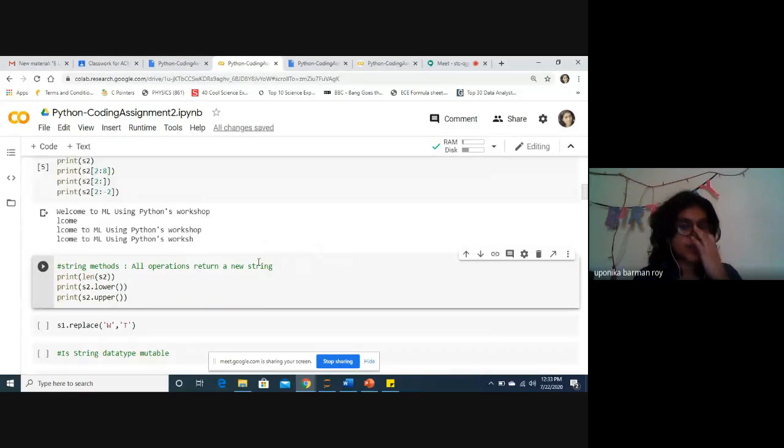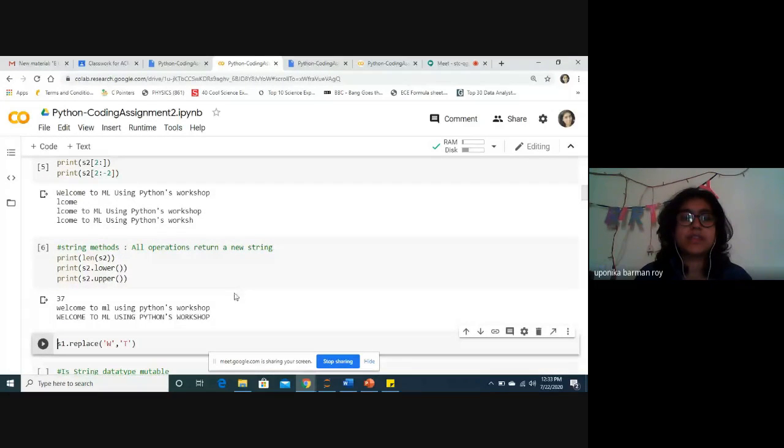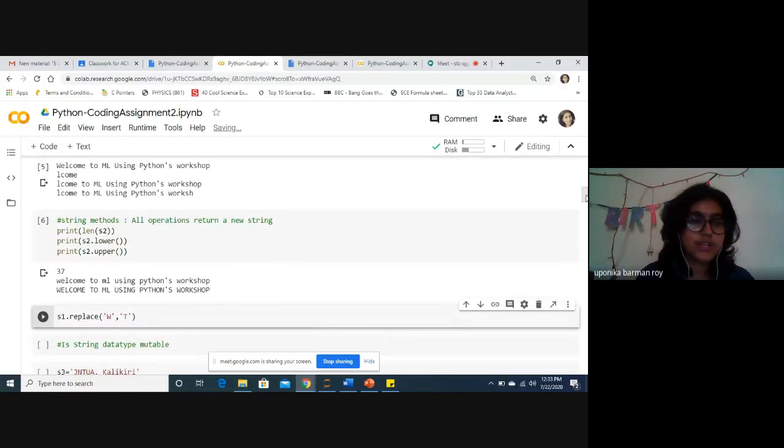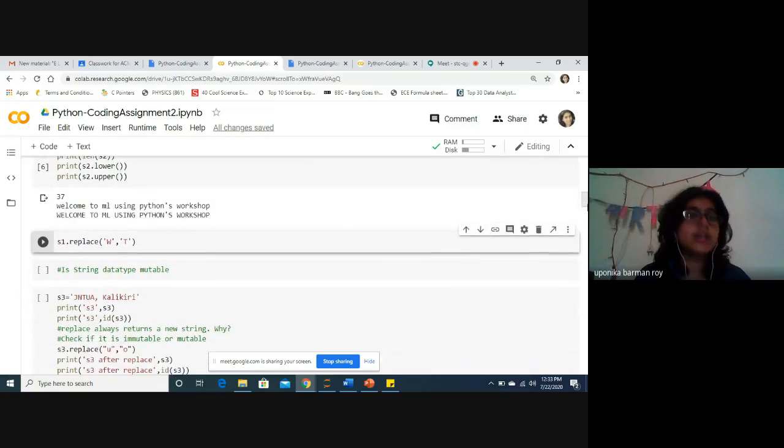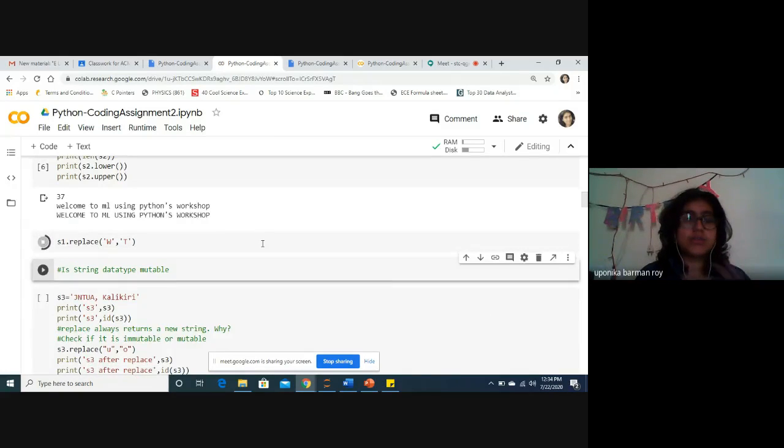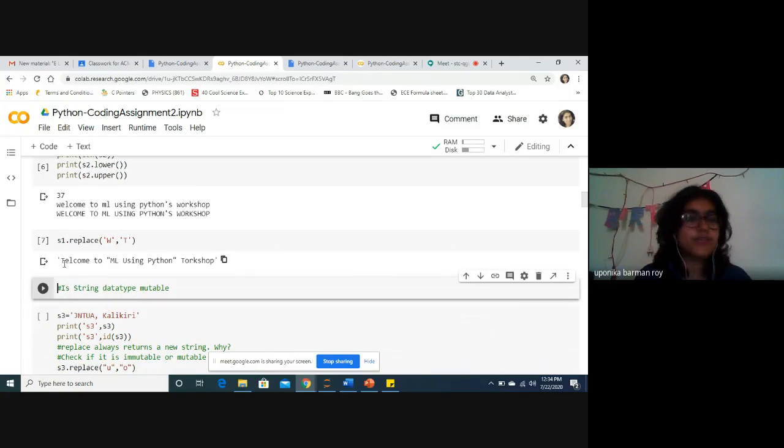And for the string, this is one important thing. When you want to use lowercase or uppercase, the case varies. Case sensitivity applies in strings. So you can make an entire string lowercase or an entire string uppercase, and for that you need different functions. These are the functions that we generally use. How do we use them? Our string name, dot, then the function name. If we want to use the replace function, like replacing all the w's with t's, we can do that. So our w's will be replaced with t, and in place of welcome, we get telcome.